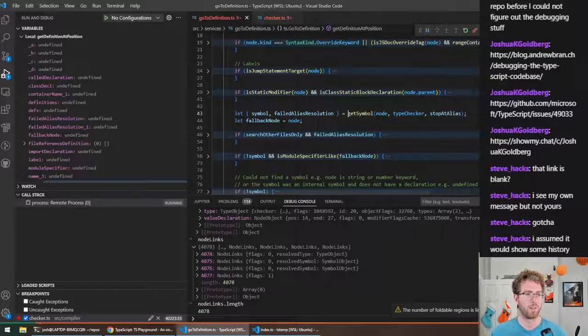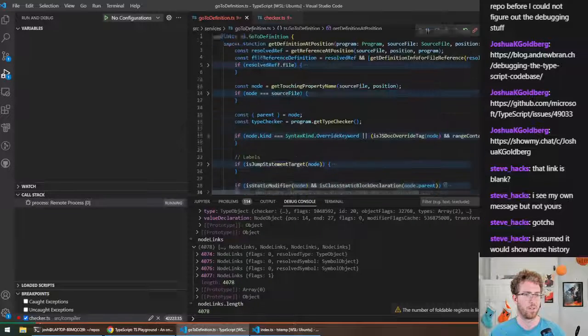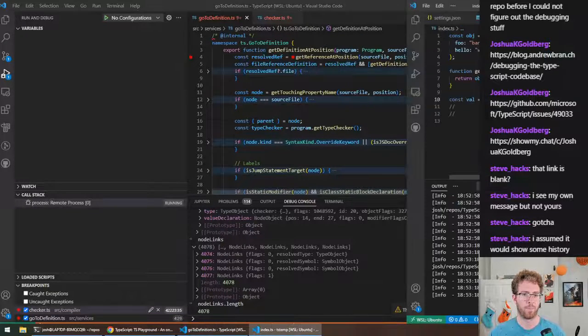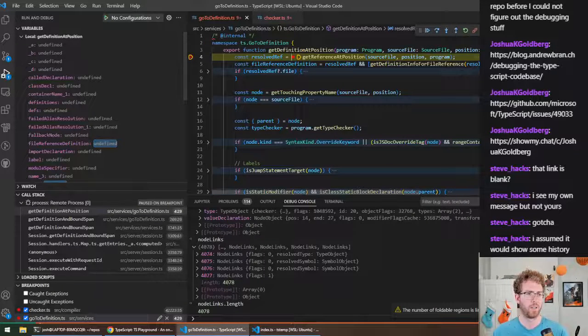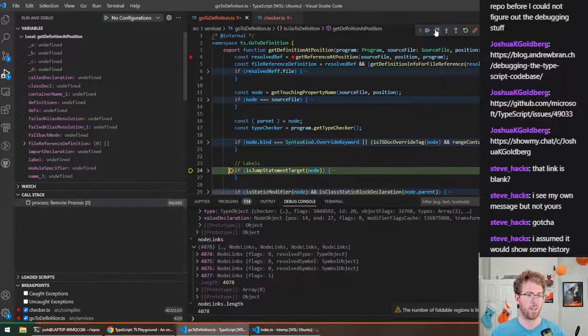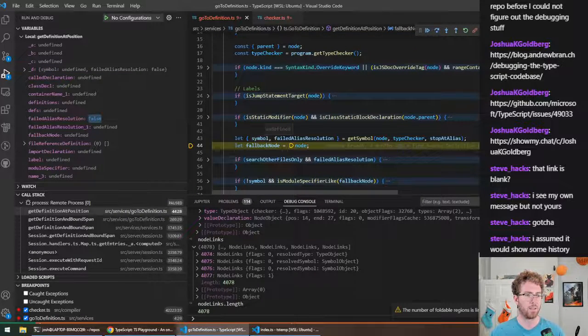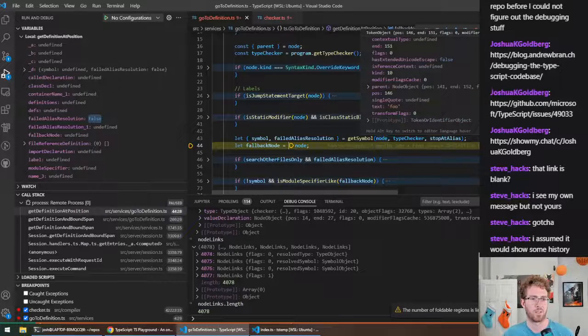Oops, one of my breakpoints hit. All right, so now when I right click, go to definition, oh, and we see no definition found. Let me put my breakpoint back in, right click, go to def. All right, still no resolved ref, still no touching property name. Going through the same code path that we were before. I'm not going to go inside things. The symbol we get is undefined. So that's the key difference here, that when we get symbol on the node, which is text foo,